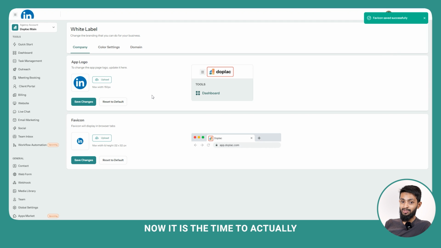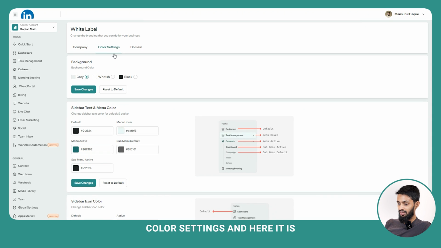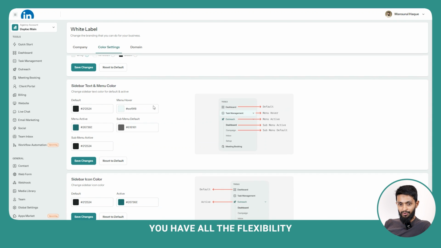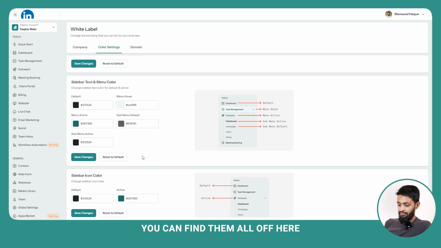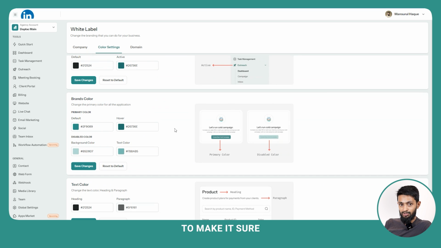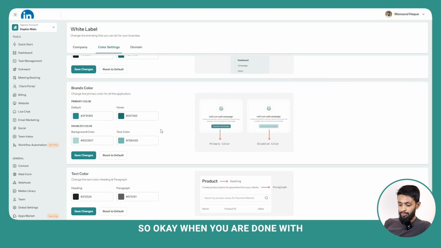Now it is the time to actually customize the domain with a brand color. So just click on color settings, and here it is. You have all the flexibility, you have all the options to customize every single option of the CRM with your brand color. So I'm not going to change it to make the video short. You can find all the options here. You have to make sure that after changing one thing, you click on save changes. Or if you want to go back to the default, just click on reset default. So, okay, when you're done, to check it out, just go